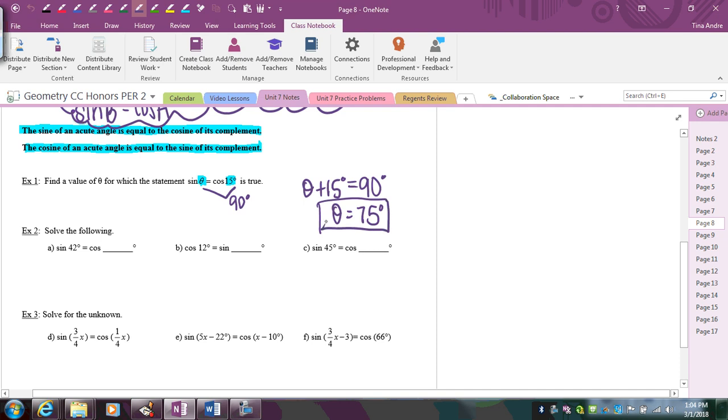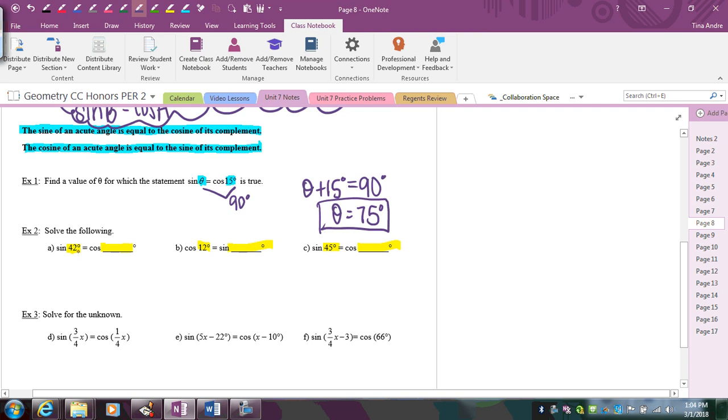So that's it. To fill in the blanks here, since we're talking about sine and cosine being equal, these two angles have to add to 90 for all of these. The only time that sine and cosine are equal is if the angles are complementary. So